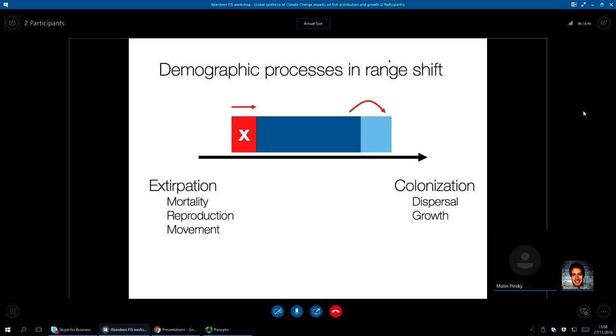At the other range edge, there may be extirpation, mortality, or less reproduction, so that population growth rates are down and population abundance is slowly going down. There may also be mobility, especially for more mobile marine species. They may be adults moving out of a particular region. And yet, even without extirpation or